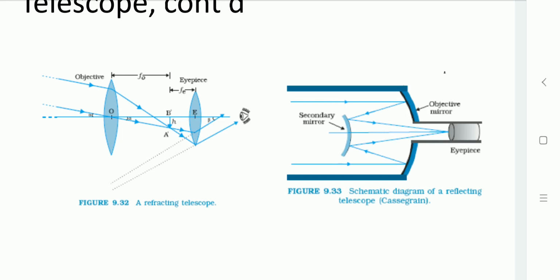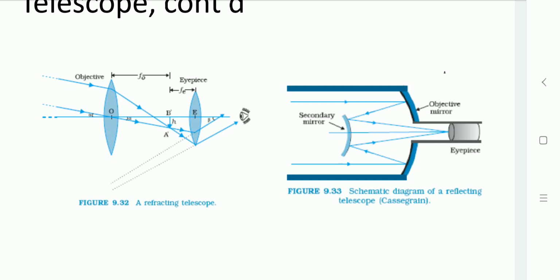So the viewer can sit near the focal point of the mirror, and the problem of deflected light is handled by focusing with another mirror. In this arrangement a convex mirror is utilized to focus the incident light that passes through the hole of the objective, that is the primary mirror, as visible over here in the diagram. It has the advantage of a larger focal length in a short telescope.